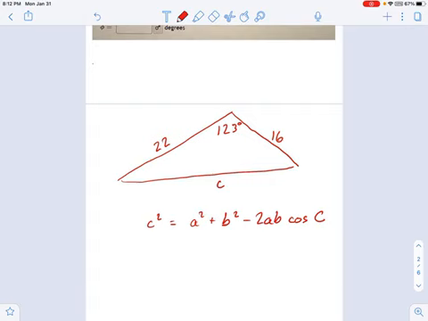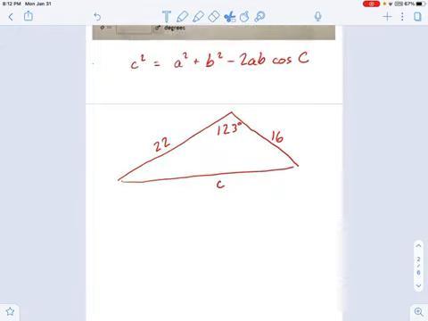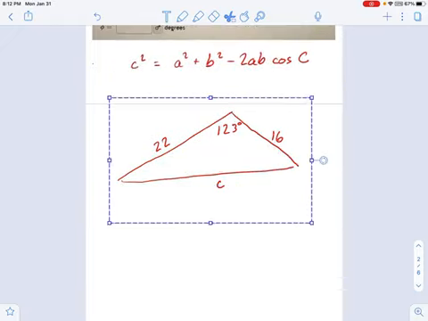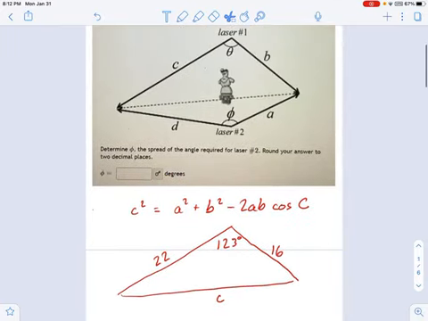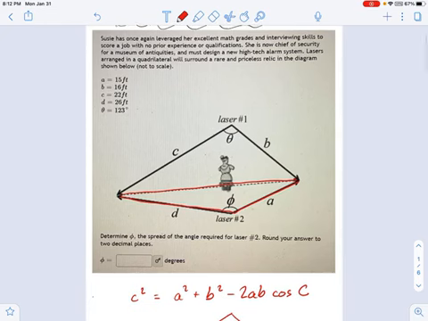So now pretend you know that. I'm only going to go over this in idea. I'm not going to go through the calculations because we've been through those in a bunch of other situations. So now you know side C. You come back to your triangle and just put that number on there, whatever that is. Okay. Now make yourself another triangle. Okay, we know that side that I just drew. And these other two sides, we also know those from what's given to us in the problem.